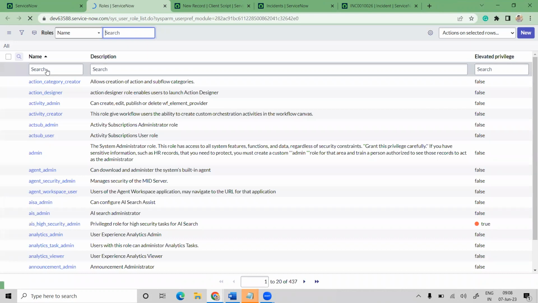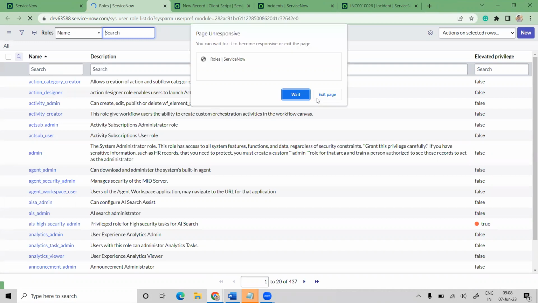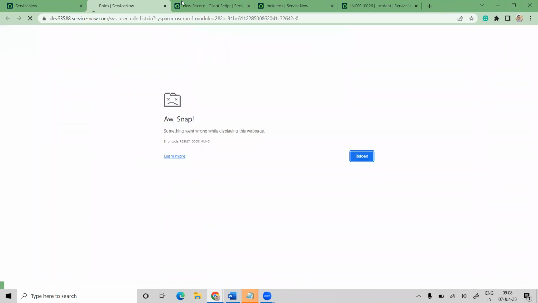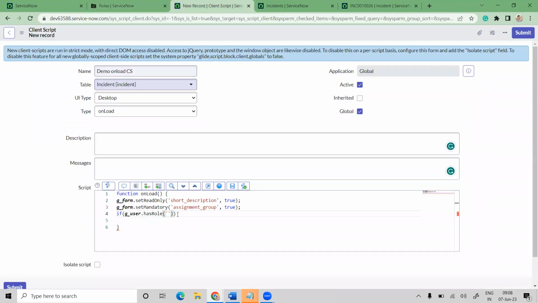Whenever you go with a real project, they are going to give exactly the role and everything if it is in the requirement. Okay, so it's loading. Okay, fine. Let me give a demo role. Let that load. I think the D is capital, which I gave on that day. Okay. So whoever has only this demo role